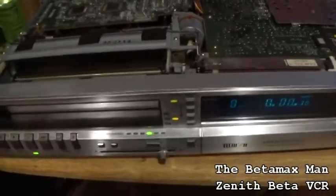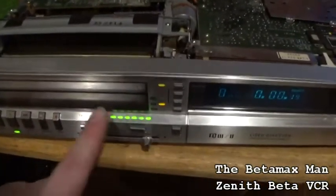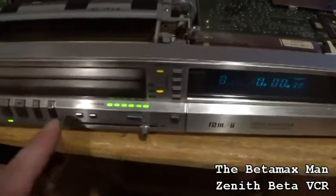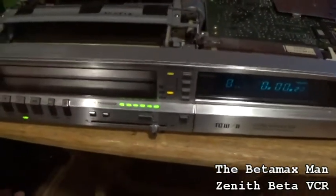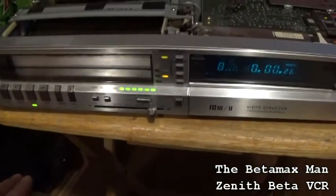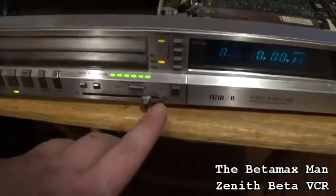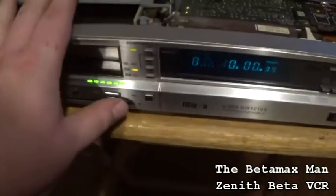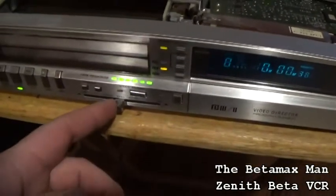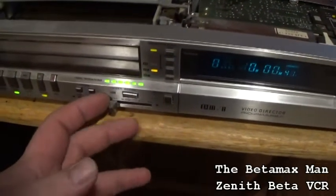It's going to take a little while to detect if it's at the beginning, and yep, there we go. So basically this thing is so cool because it has this tape remainder on there, and it also has audio dub as well, but it'll tell you how far along your tape is. And so we could put that on still. See, what if we hit pause? We could probably do